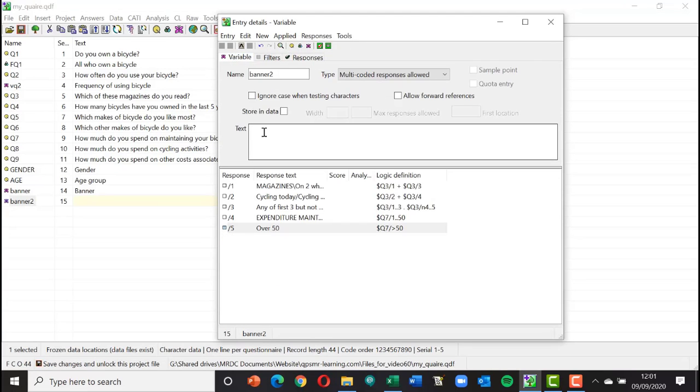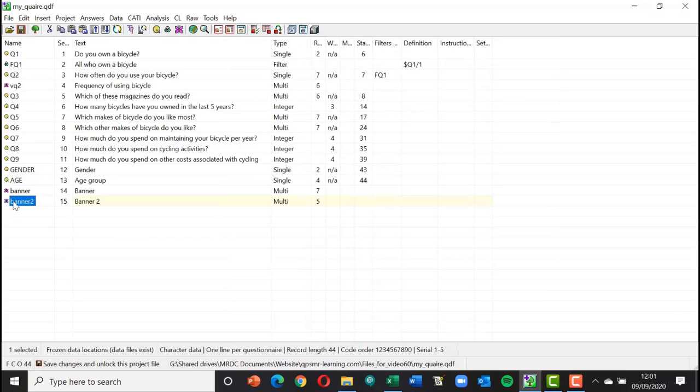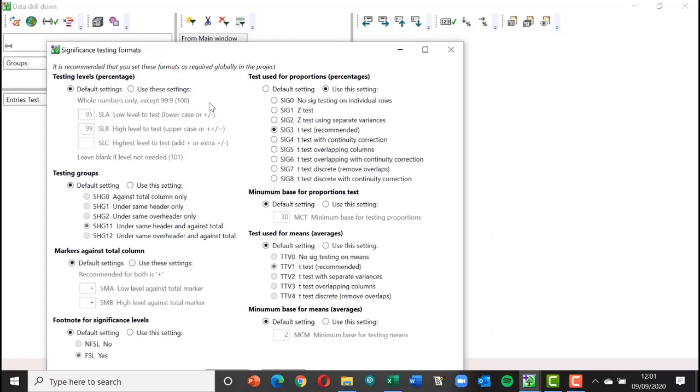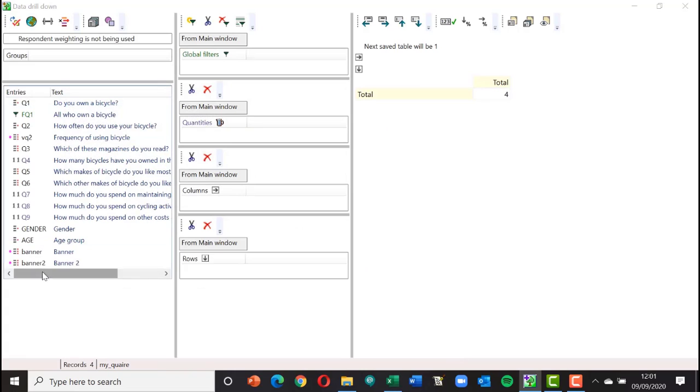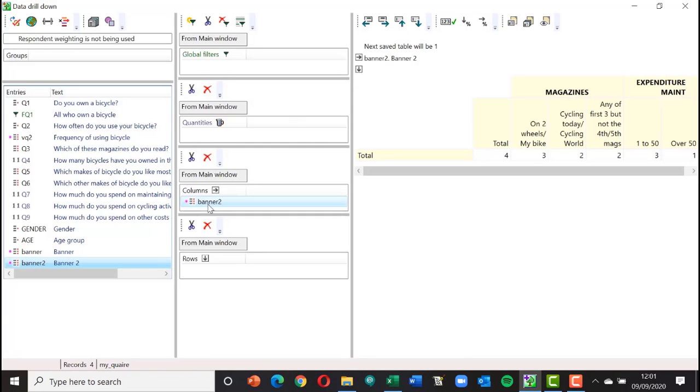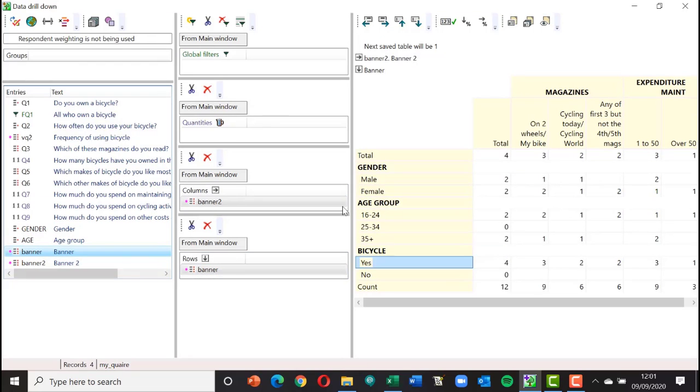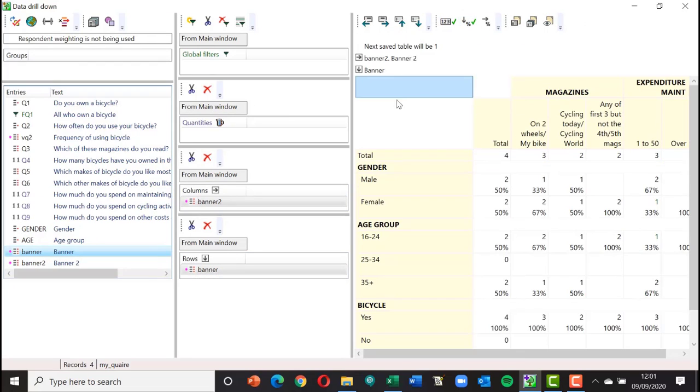So let's go back to the variable. Call it banner 2, and now that will hopefully save. Okay, and we can now save that, and we can use that in a data drill down, or of course in tables. I'm only using data drill down because it's a little bit quicker to show you that in action. So there we are, there's our banner. We could even analyze banner by banner 2. So there we are. There's an analysis of the banner we set up before by the second banner, which has